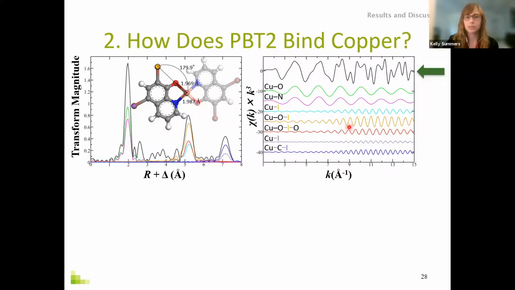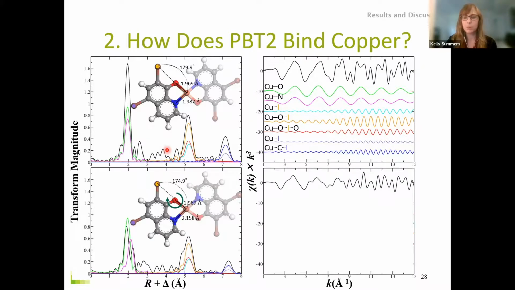And you can also see the copper iodine, which is the fifth position here, also has some contribution to this higher K XF structure. And I've just omitted some of the peaks that correspond to carbon in the ring just for clarity. And so through building several different models and trying to figure out what's going on in PBT2 and others, we realized that